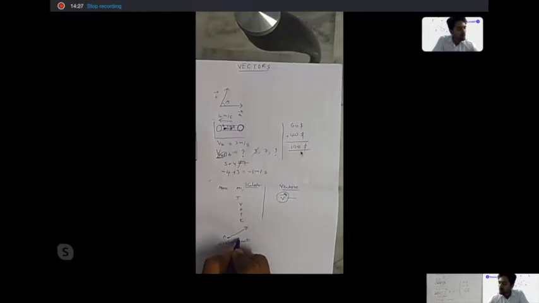If I got to talk of a displacement vector at a point A, pointing in a particular direction, then this arrow has got a portion called the tail, and this is the head. The tail of it, starting from a given point A, tells me that this vector is positioned at this point. It's not stretching all around in the space. It's only positioned at this point A, and it is in this particular direction.